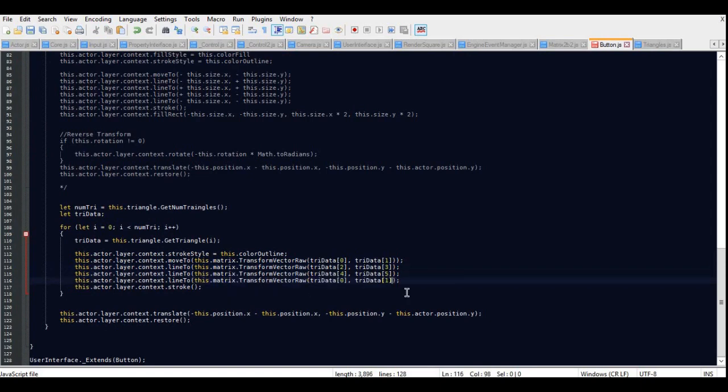And we just pass all these variables back in, and it will just return us to